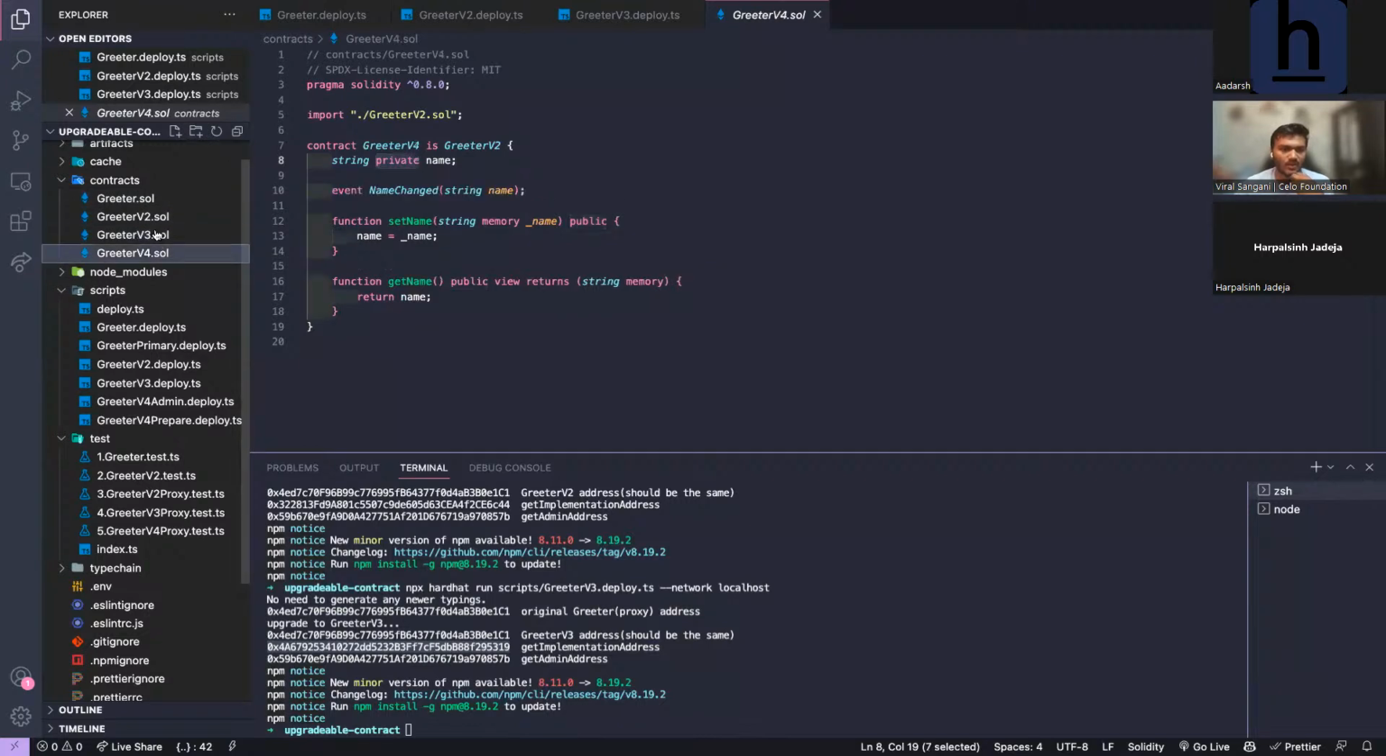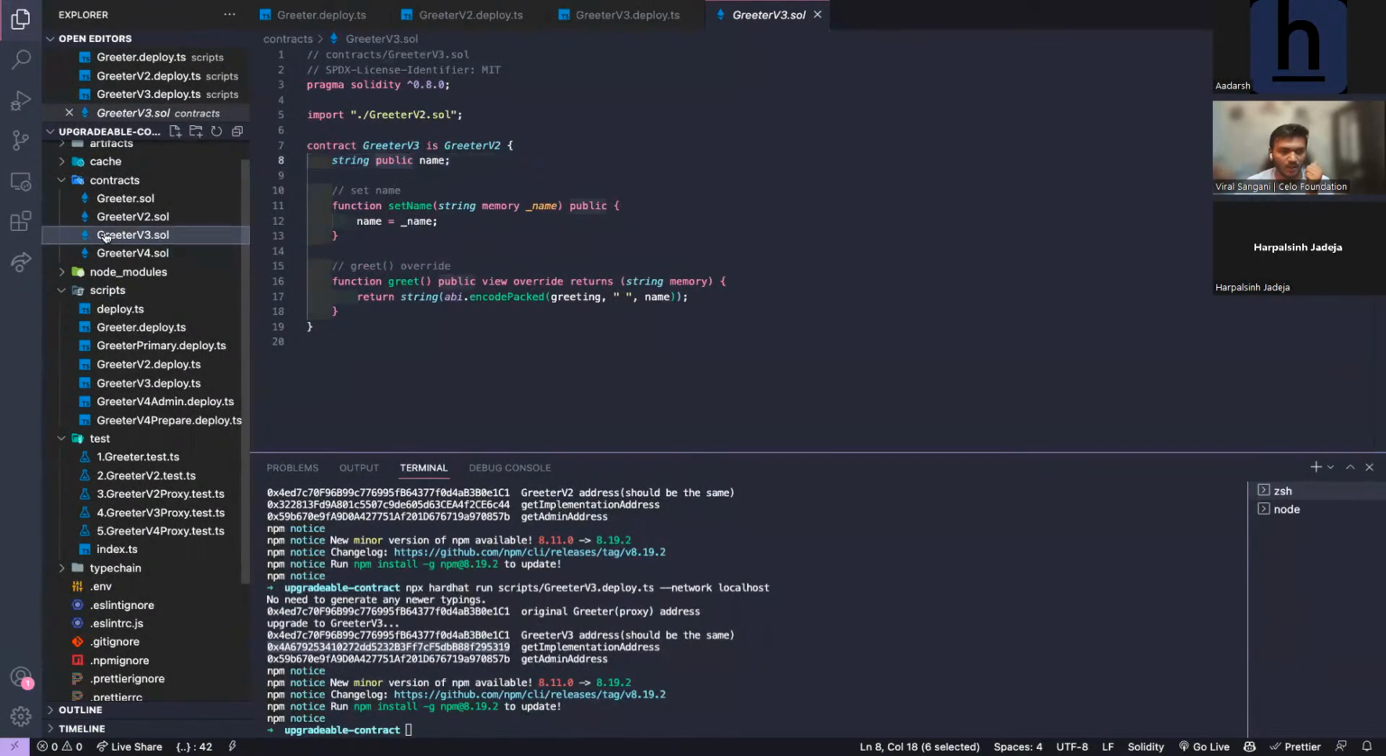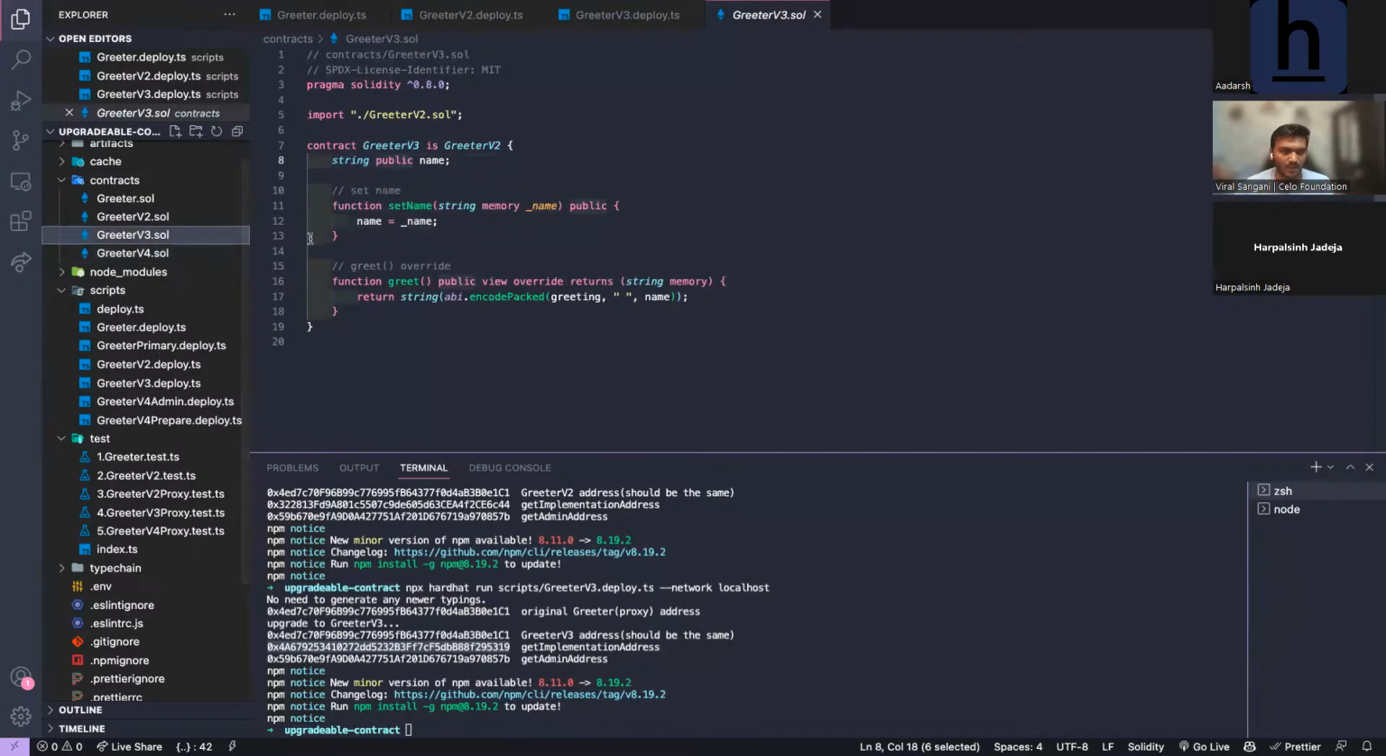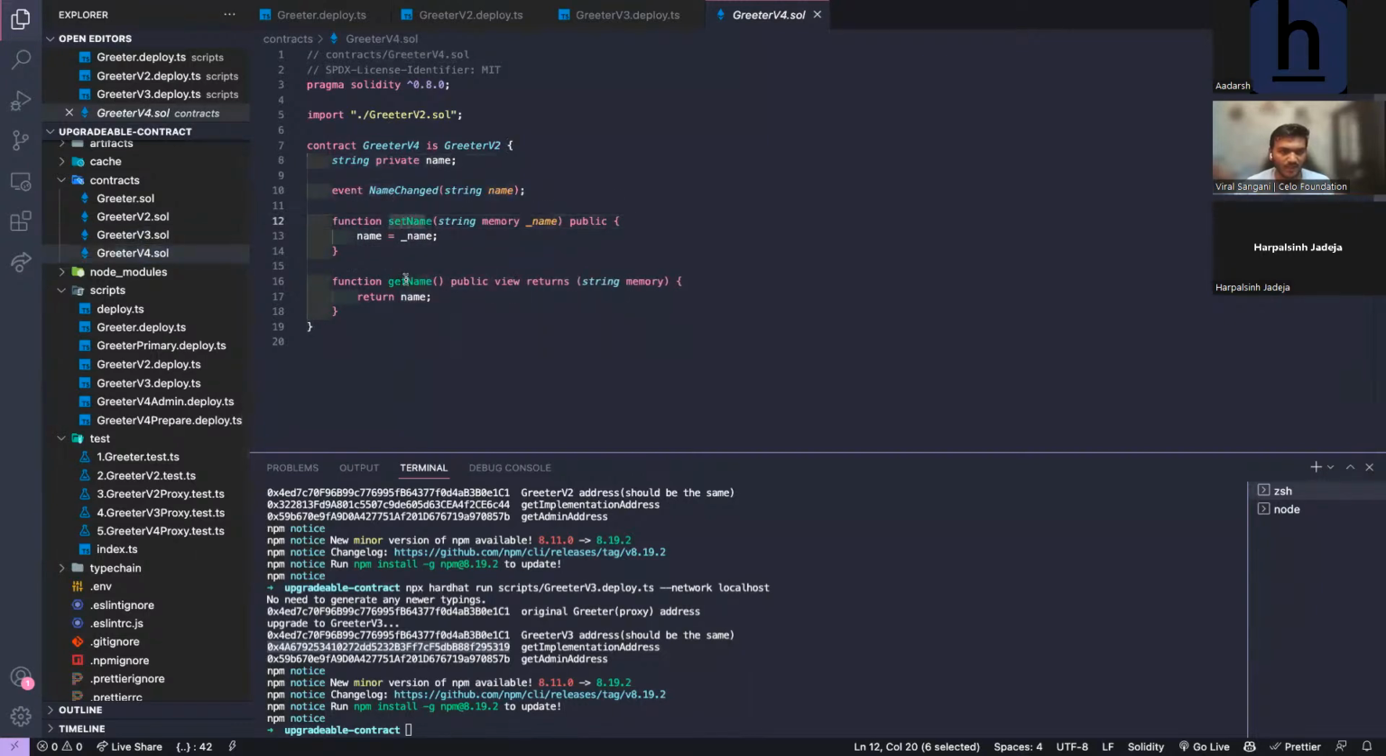But what you can do is, instead of inheriting from version 3, you can inherit from version 2, because version 2 does not have this variable. So we are totally skipping version 3 and just inheriting all the functions present in version 2. That means we can skip this variable, like we are not interacting with version 3 code at all. We are totally replacing the variable name from public to private. And we need to keep all the other functions the same, like we have setName and getName. These both functions are doing